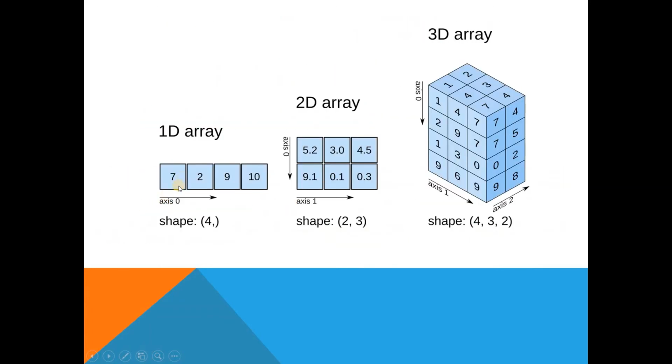One more thing: it has the same data type. Like I told you, an array will hold the same data type. So if this is an integer, this should be an integer. It can be a float value, and this array contains all float values and so on.